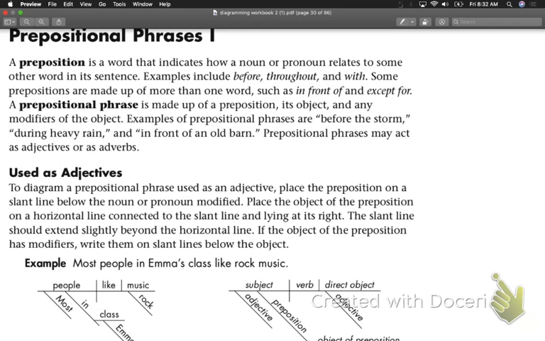Okay. So we understand what prepositional phrases are. If we can knock out prepositional phrases in a sentence, if we can find them, it eliminates a lot of the wordiness we like to do in sentence structure. We like to use prepositional phrases because we like to be descriptive in our language, okay? And so we want to be able to explain things, and we want to be able to demonstrate where stuff is, right? Okay? So if we can eliminate some of those, we can find the subject and the verb a whole lot